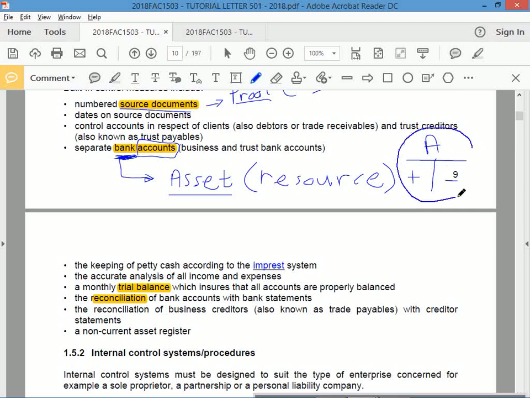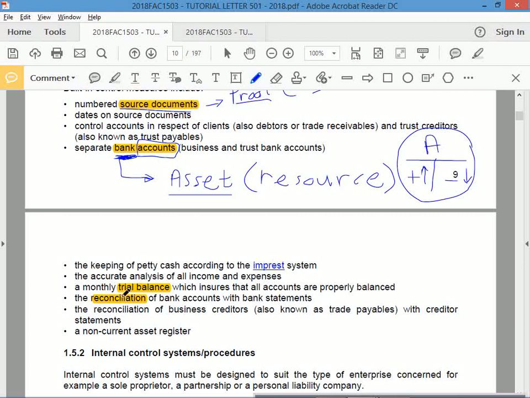And this is what we use later when we interpret a transaction where there are two different sides. Your bank can go up and your bank can go down. It can be affected either way. We receive money, bank is going to go up. If I pay money, bank is going to go down. Receiving money is very different to paying money. There are two separate transactions. You can't receive and pay money. You're either receiving money or you're paying money. It's one or the other. So it's a receipt or a payment.